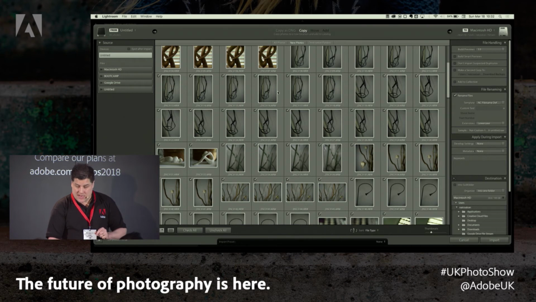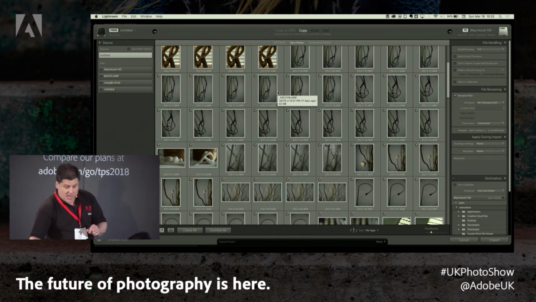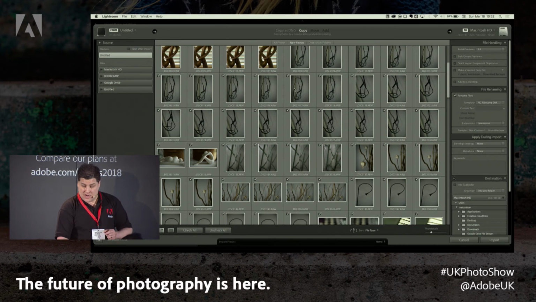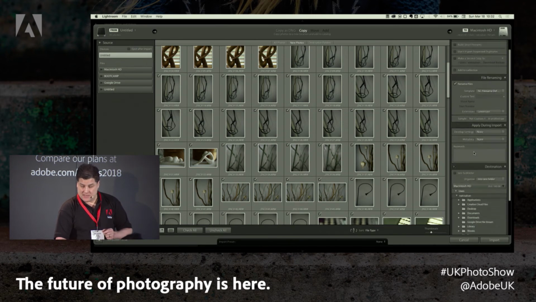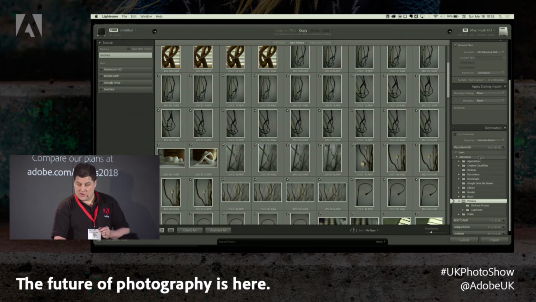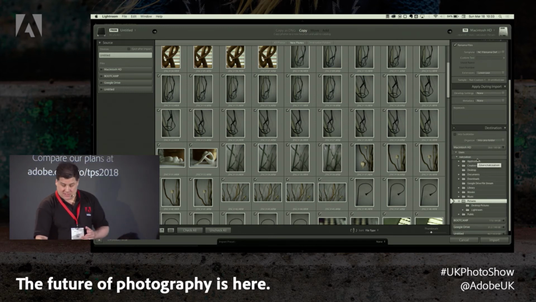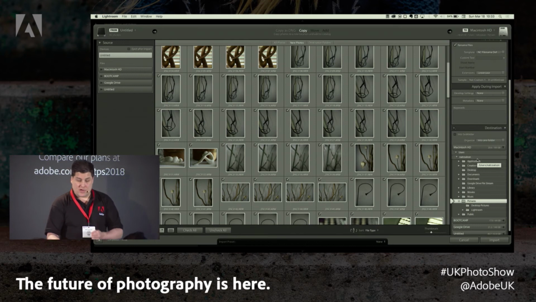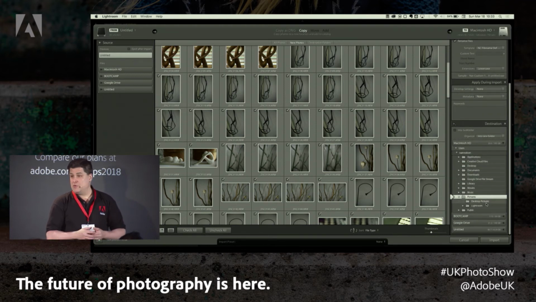Now, if you're using Lightroom to do your import and have it copy onto your hard drive, the most important setting in this whole screen is the destination over here. And unfortunately, a lot of photographers get tripped up on this. When you put your memory card in, Lightroom says, okay, I'm ready to import. You click the import button without looking around this screen, and Lightroom will choose for you where these pictures are